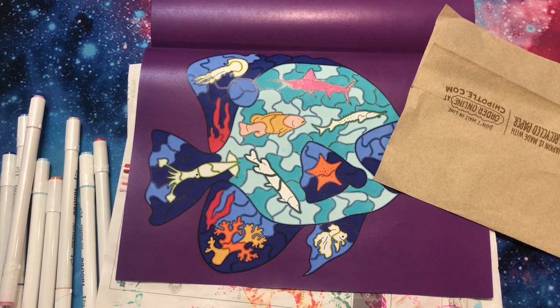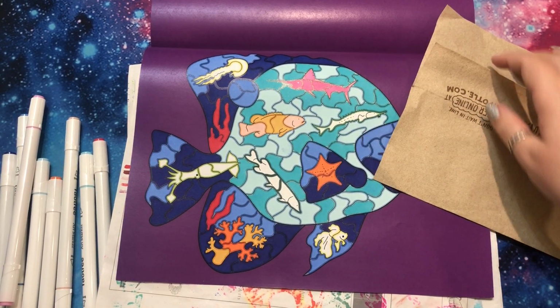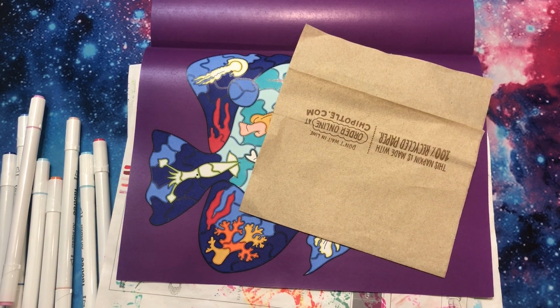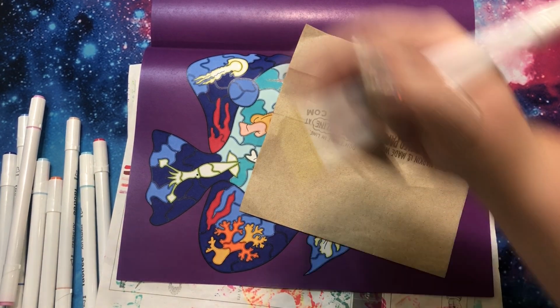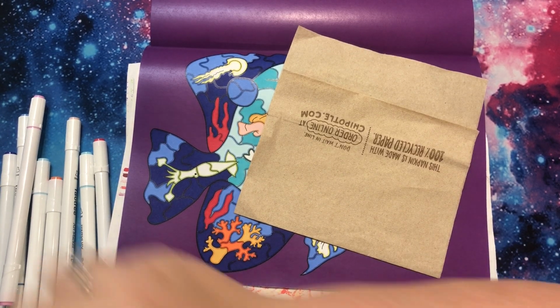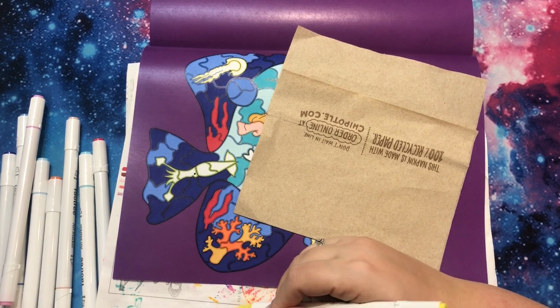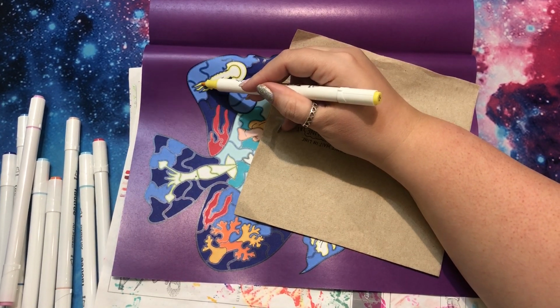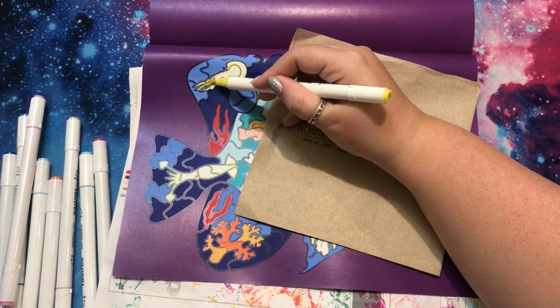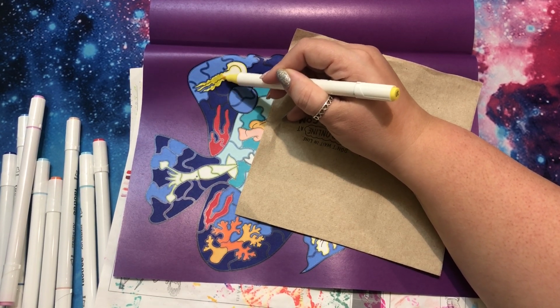All right, so those are 2 different colors. This guy and this guy are different colors, and that guy's different. So I'm gonna go up there first and do this guy first. Let's make sure. It is a little orange. The only downside with these Towtrees is they don't necessarily match perfectly with their lids. So if I really am worried about color matching exactly, I will look at my